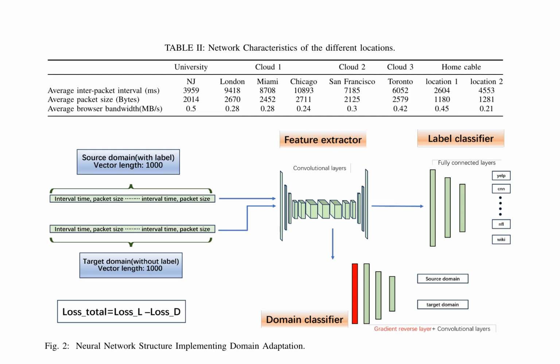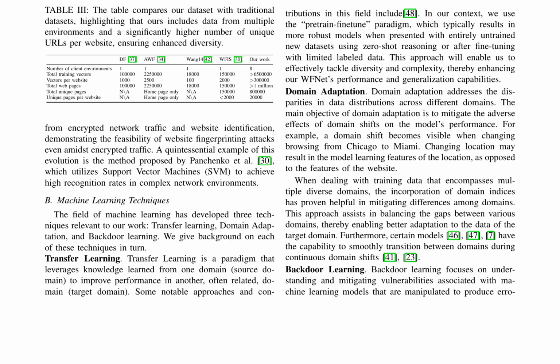Domain adaptation addresses disparities in data distributions across different domains, with the incorporation of domain indices proving helpful in balancing differences among domains. Certain models can smoothly transition between domains during continuous domain shifts, enabling better adaptation to the target domain. Backdoor learning focuses on understanding and mitigating vulnerabilities associated with manipulated machine learning models, aiming to produce error-ridden outputs